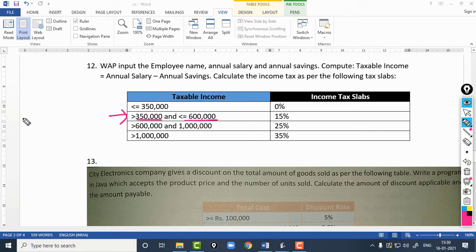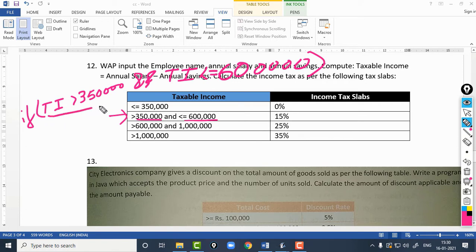So if I want, I can also write like this: if taxable income is greater than 3,50,000, okay, and using the AND operator, I will combine the second condition: taxable income should be less than equal to 6 lakhs. Okay. If you want, you can write it like this also, there is no problem,